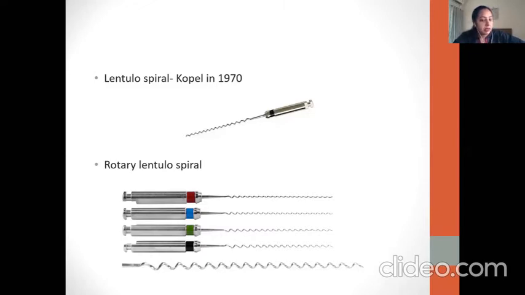You press that reverse button and place the lenticular spiral into the cement. What happens is it picks up the material. It will coat itself into the material. You stop the micromotor, you place it into the canal, you change the mode to the forward mode, and then you spread the material. It gets applied onto the canal walls. Okay.